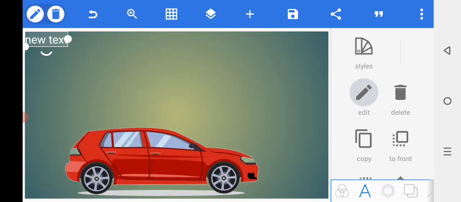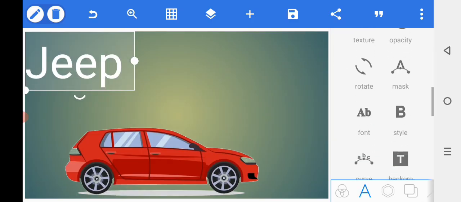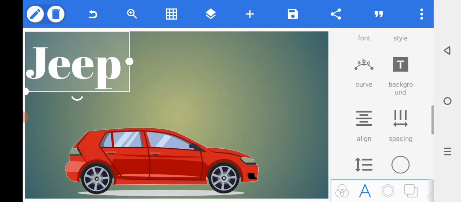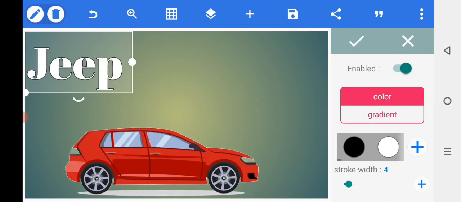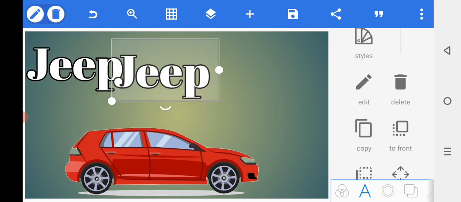select the text option, edit by writing, select the size, adjust the size, and then go to the font option, adjust the font, select the stroke option, adjust the stroke, adjust the color, copy the letter, select the copy option, change